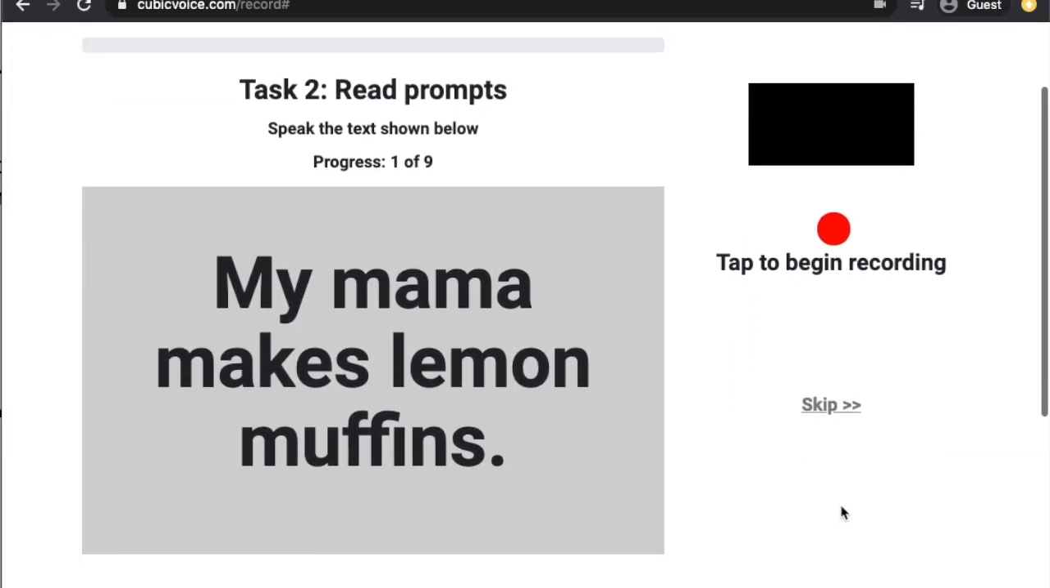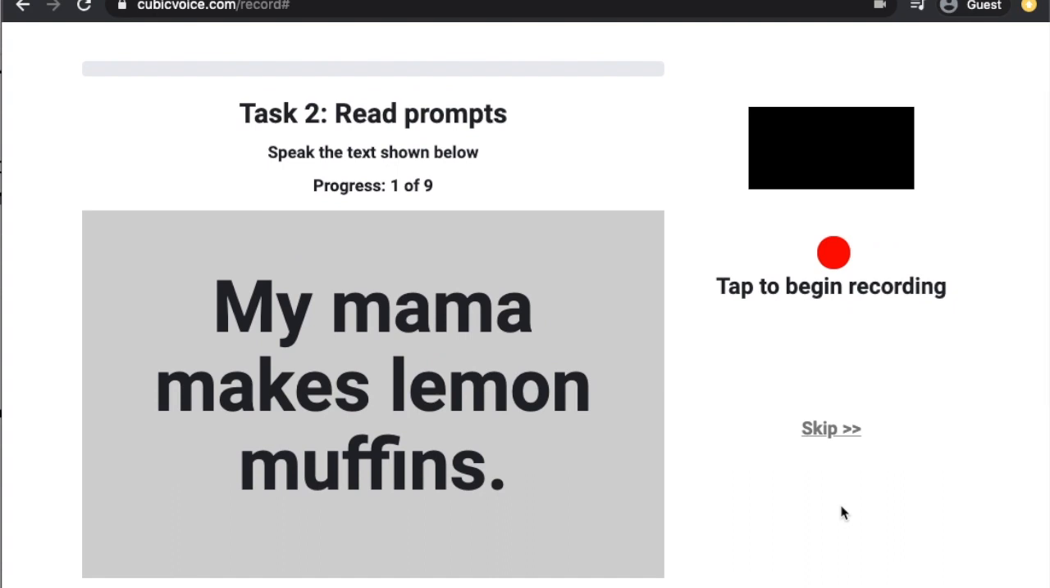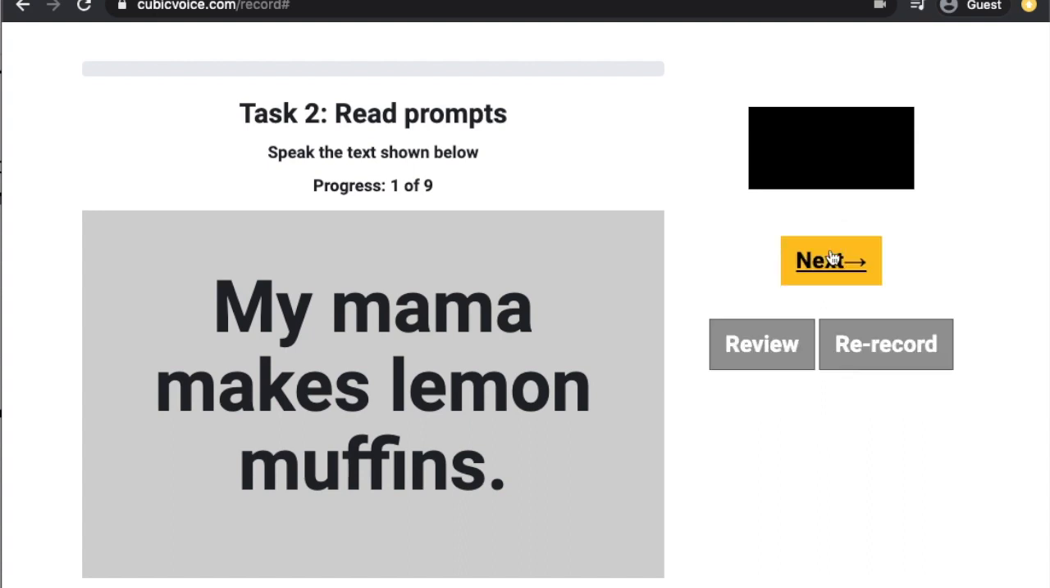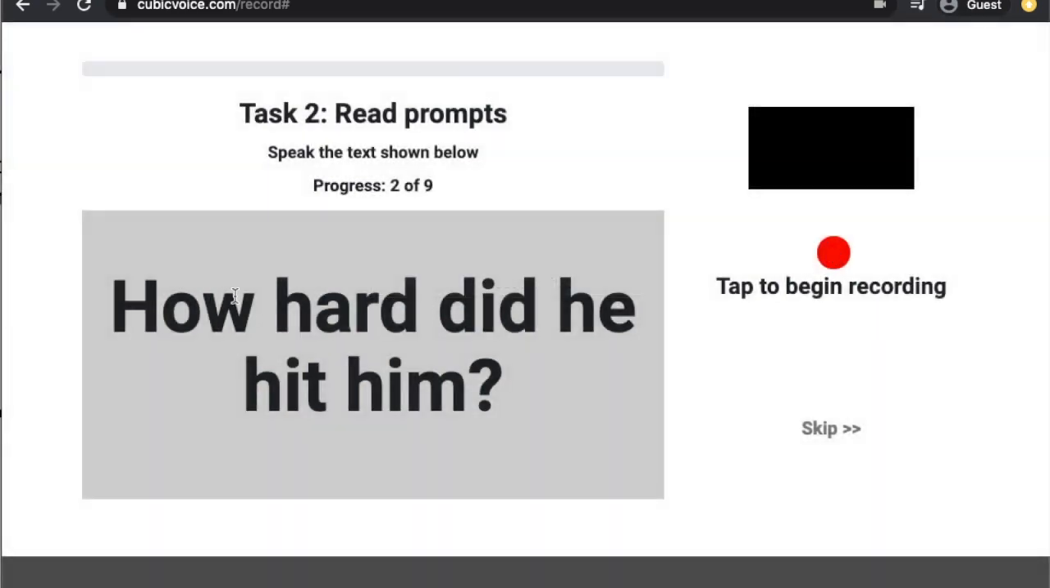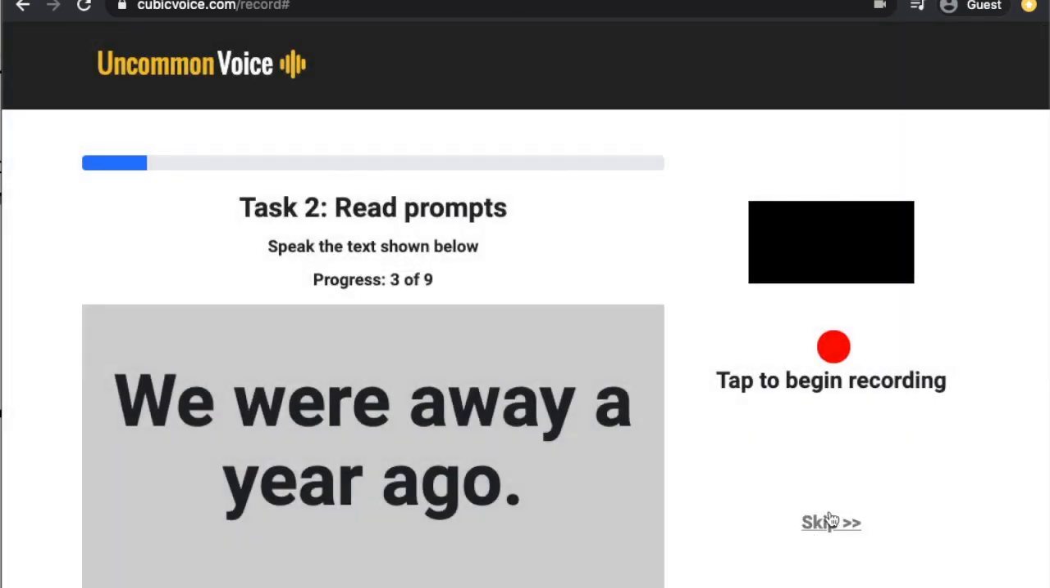Now task 2 is made up of read prompts. So this means that you are going to read the text that is in the gray box. So for example, I will do, my mama makes lemon muffins. And then you want to hit the red button again when you're done recording. So then you see the next, review, or re-record. Same thing, you're going to press next and go through. Say, for interest of time, I'm going to skip through these as well